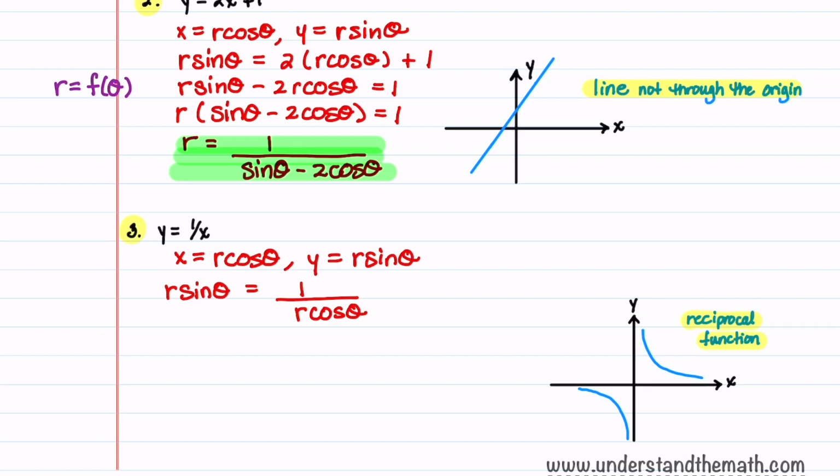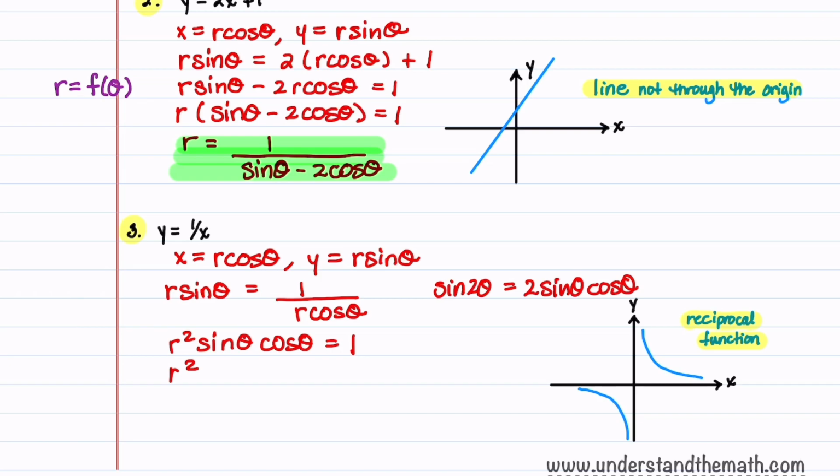Let's simplify this by multiplying both sides by r cosine theta. This gives r squared sine theta cosine theta is equal to 1. We can then use an identity to simplify this further. We know that sine 2 theta is equal to 2 sine theta cosine theta. So we can plug in sine theta cosine theta is equal to sine 2 theta divided by 2,